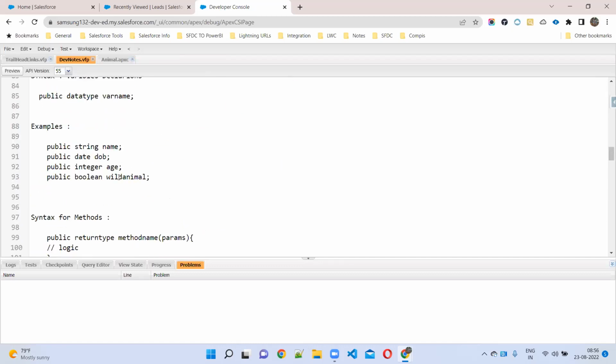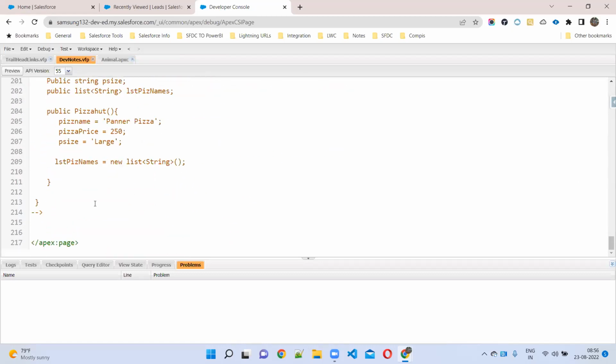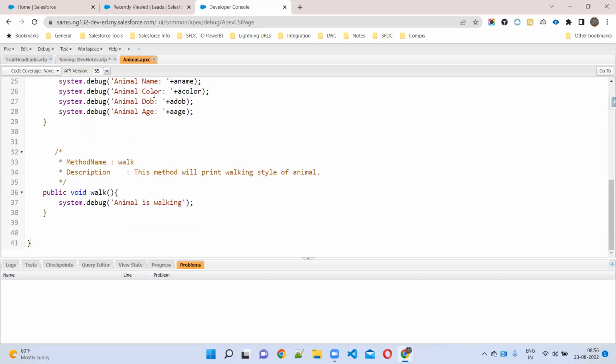Encapsulation. For encapsulation, we don't have any special things, sir. Everyone knows it already. Encapsulation is nothing but grouping class members and methods in a single class. Whatever we created till now, all are encapsulation only.